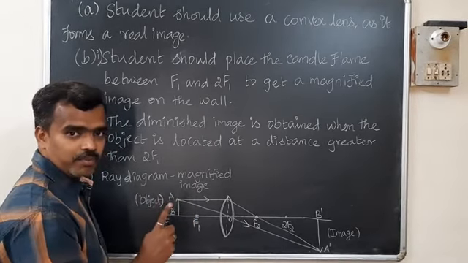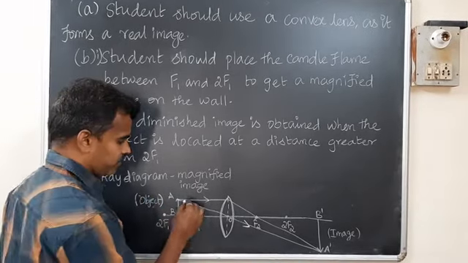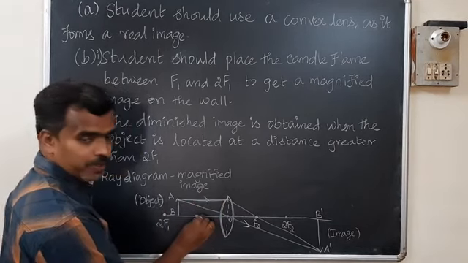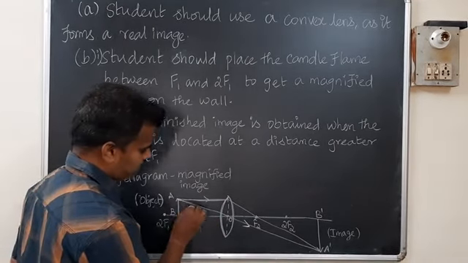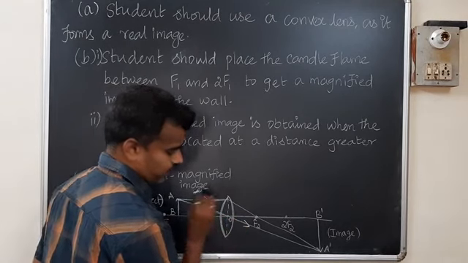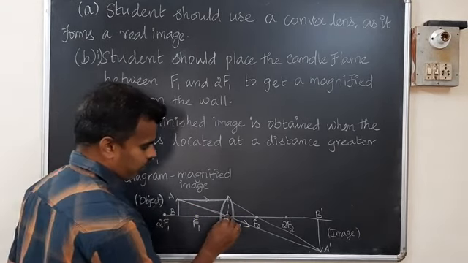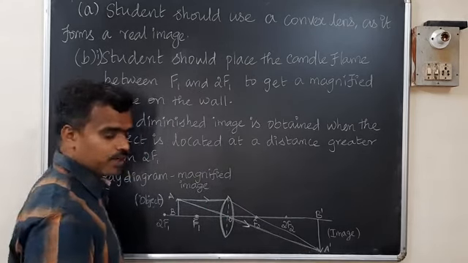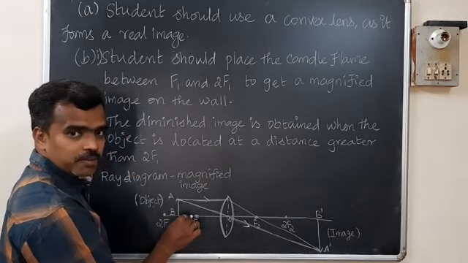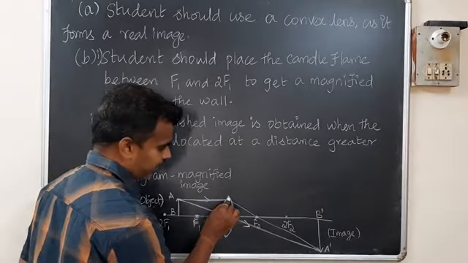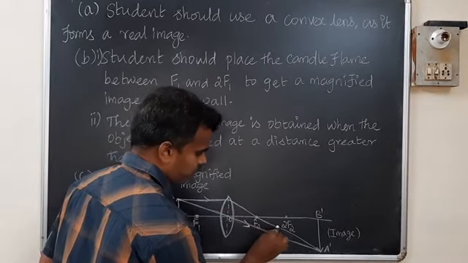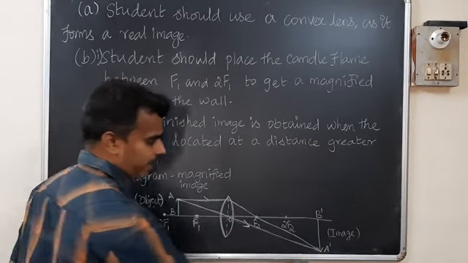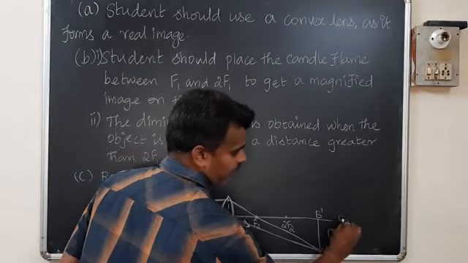For that candle flame, we should draw two rays. One is passing parallel to the principal axis, and one is passing through the optical center. If it passes through the optical center, there is no deviation of this light. When a ray passes parallel to the principal axis, it must pass through the principal focus, and these two rays meet at this point. At that point, we will get an enlarged